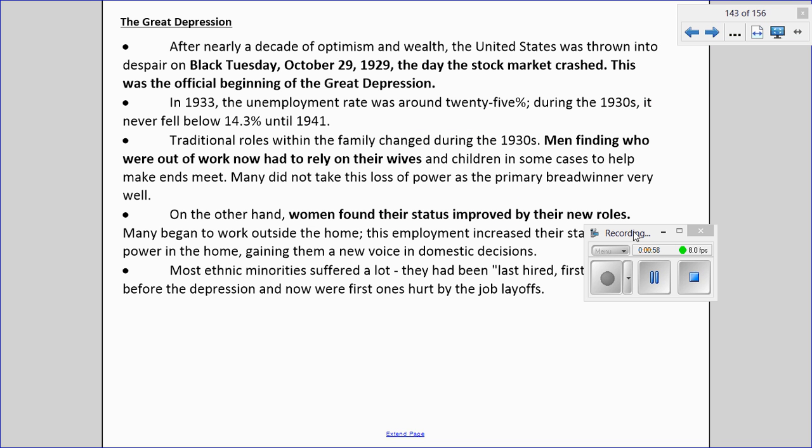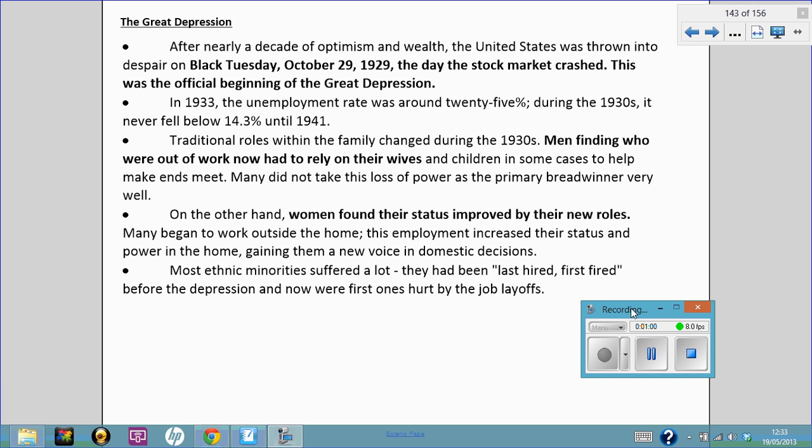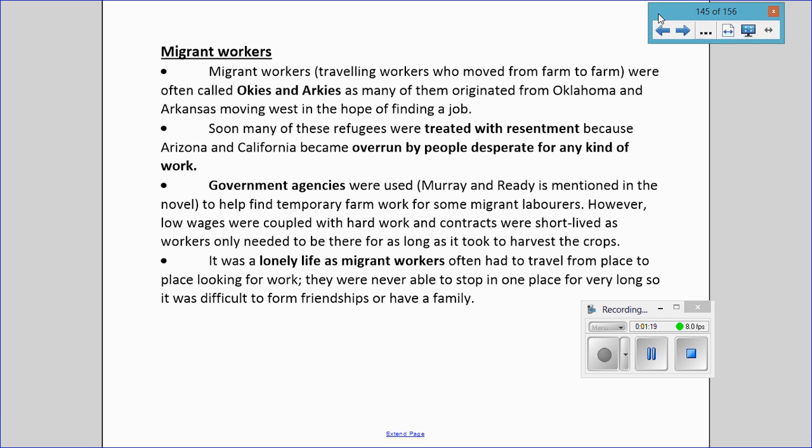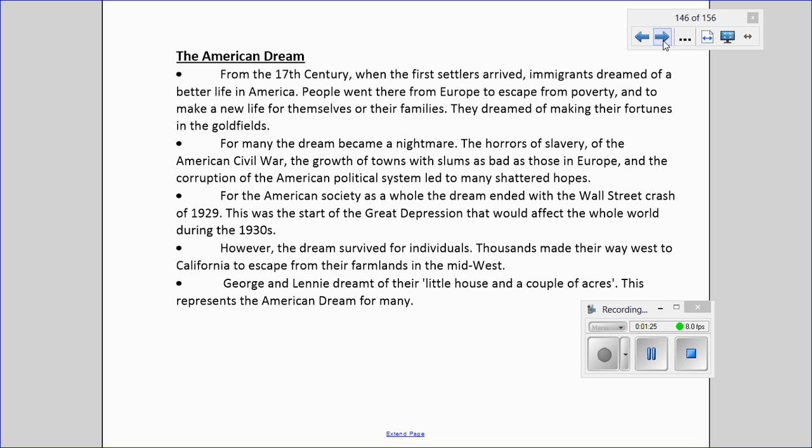In this question, you need to keep referring constantly to context. And context is included in the next couple of slides. Things like the Great Depression, what was happening historically, what was happening to farmers in terms of the Dust Bowl, what was happening culturally and socially with the migrant workers and how they had to constantly move around to find work, the idea of the American dream,